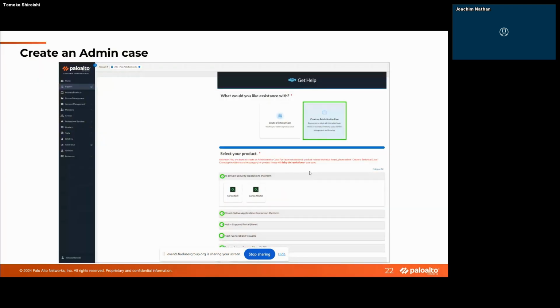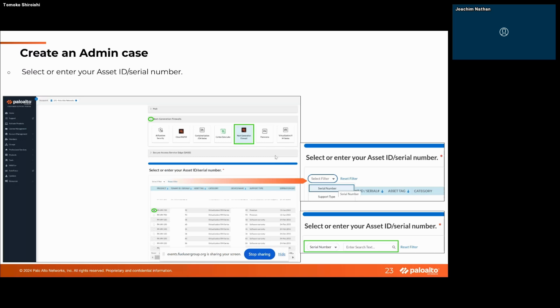As mentioned earlier, if you want to create an admin case, please click the tile on the right. Once you click, the select your product section will appear. Please choose the relevant product from here. By the way, if your inquiry is not related to a specific product, it's fine to select an appropriate product. Let's move on to the next page. This time I will select firewall as an example. Once you select the firewall over here,